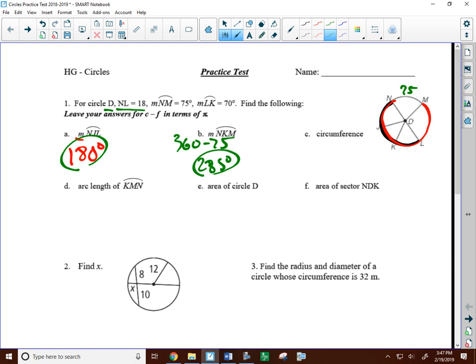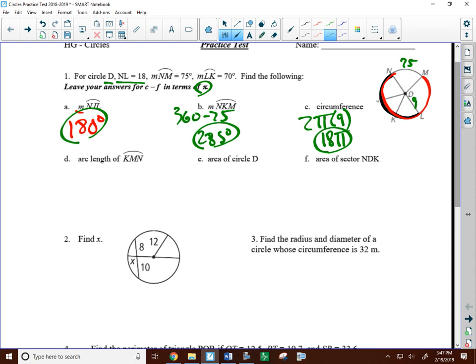Also, NL is 18, so that's going to help us, that the radii are all 9. Circumference, 2 pi r, and the radius there is 9. Now it says leave your answer in terms of pi for C, D, E, and F. So that's 18